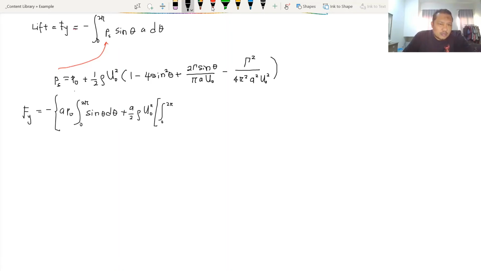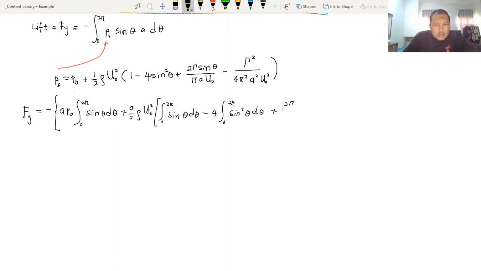So you need to decompose the equations first to make them in a simple form like this, sin theta d theta. So minus 4 integration from 0 to 2 pi sin cubed theta d theta plus